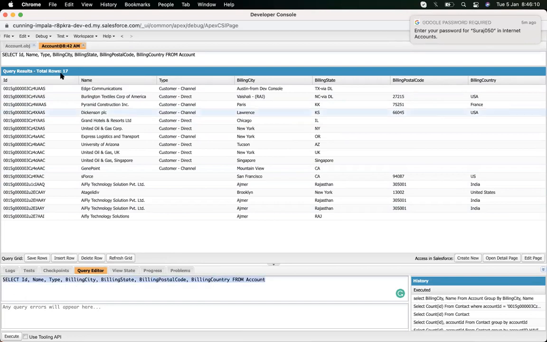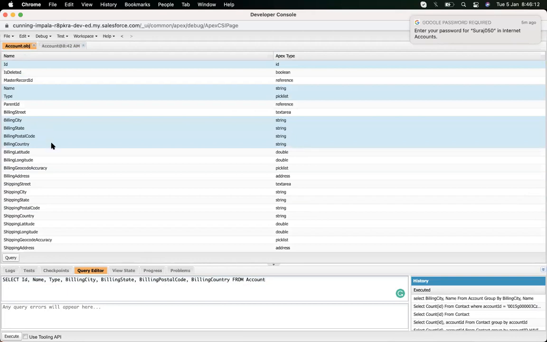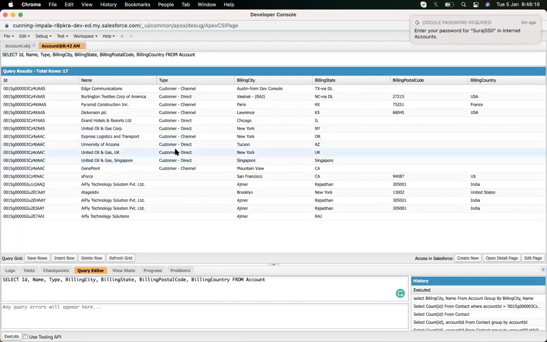You build the query by going to the account object. You open the account object and build a query. Once the query is built, we come up here and see that the query is built. Now if someone has made changes and you want to see those changes, you just have to click refresh grid and all the records get updated with the new values.